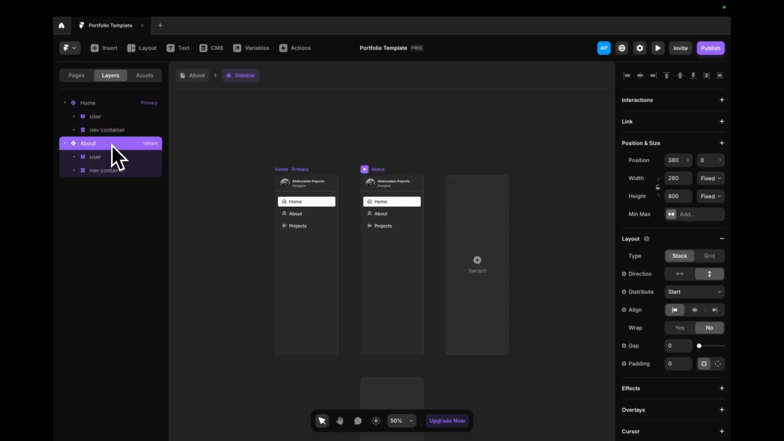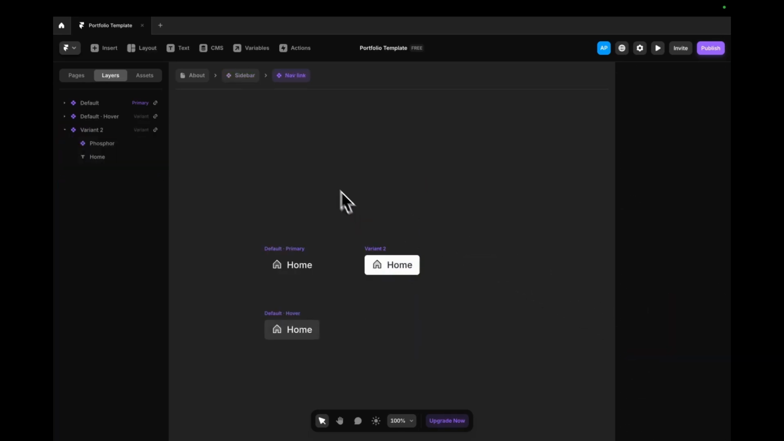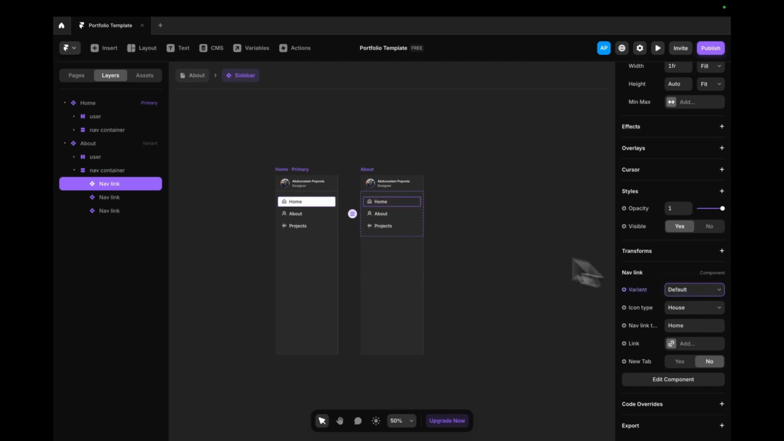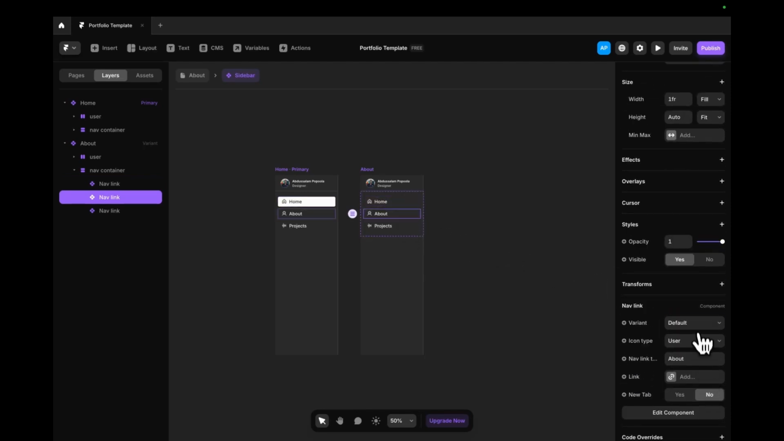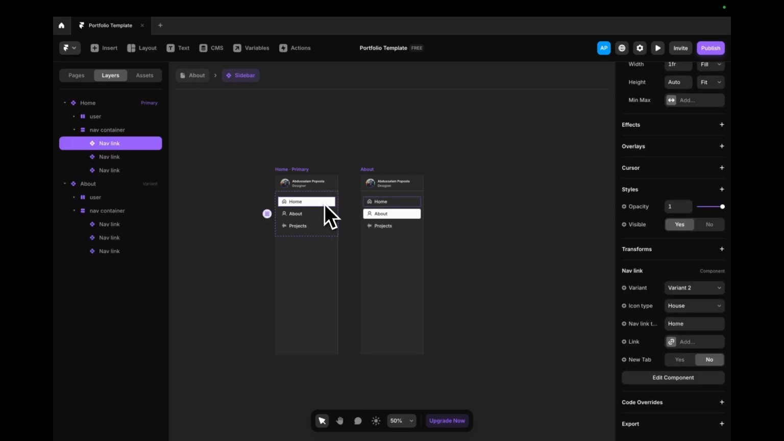About, and for the about we don't want this one to be active. Click on it, variant defaults now, and the about is going to be the one that is active, variant 2. So you can see that. And now if you go back, now we can even